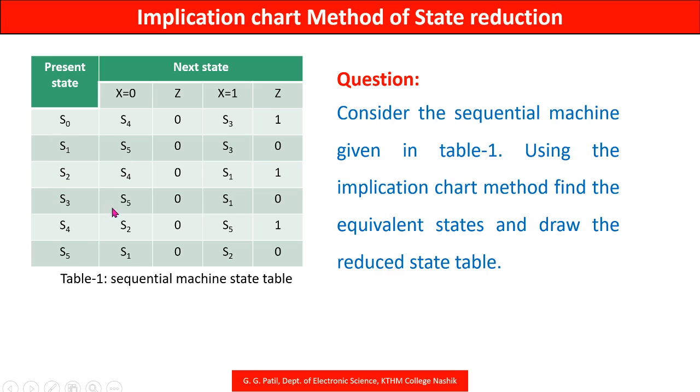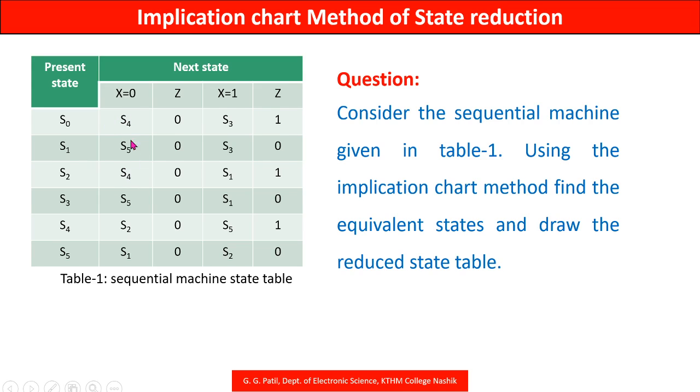Similarly, the rest of the states are to be checked for the output condition and accordingly we place the cross mark in those squares. In the remaining places like S0 and S2, if we see the output here 0 0 and here 1 1, means under two input conditions the outputs are same. These two states S0 and S2 may be equivalent, and those states which are implied states, we say here